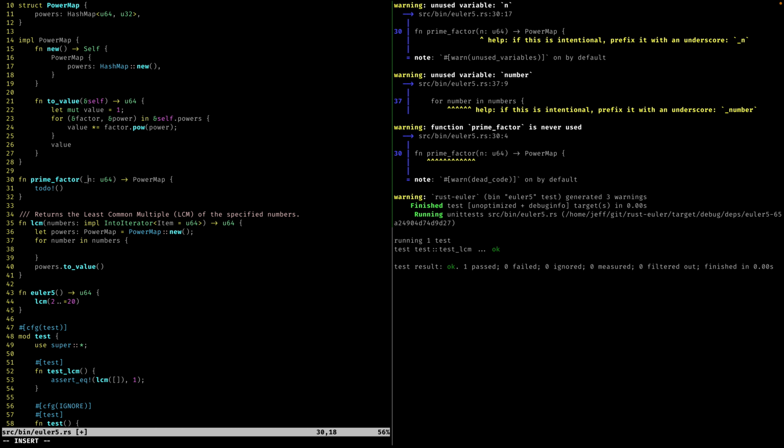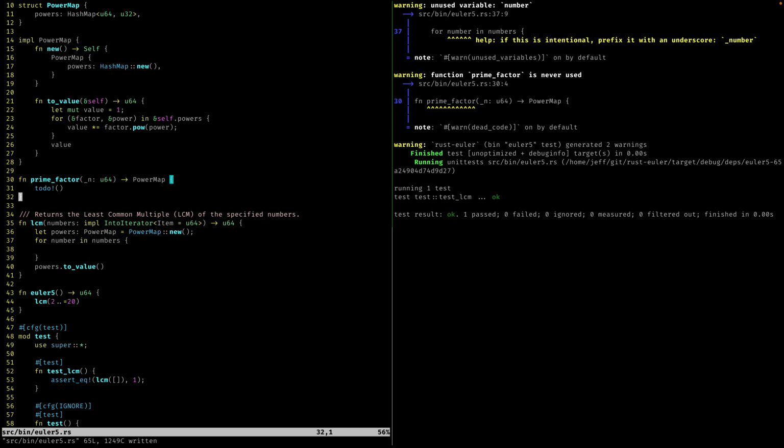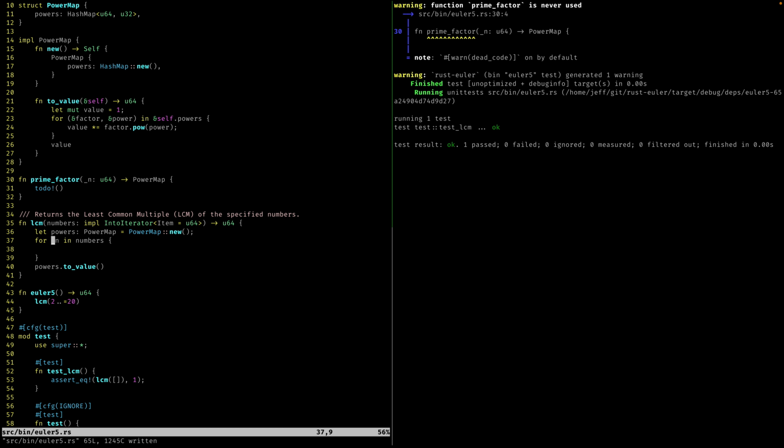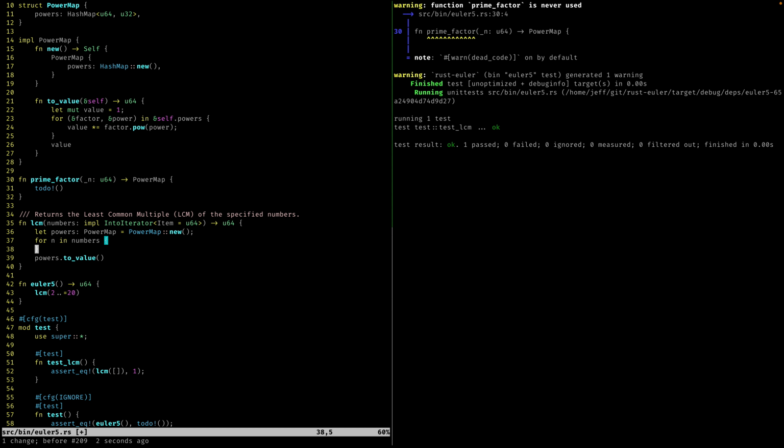Yeah, it's intentional. For number in numbers. We should probably get consistent too with n versus number. I'm going to say for n in numbers. This is intentional. Prime factor, good. So for n in numbers,